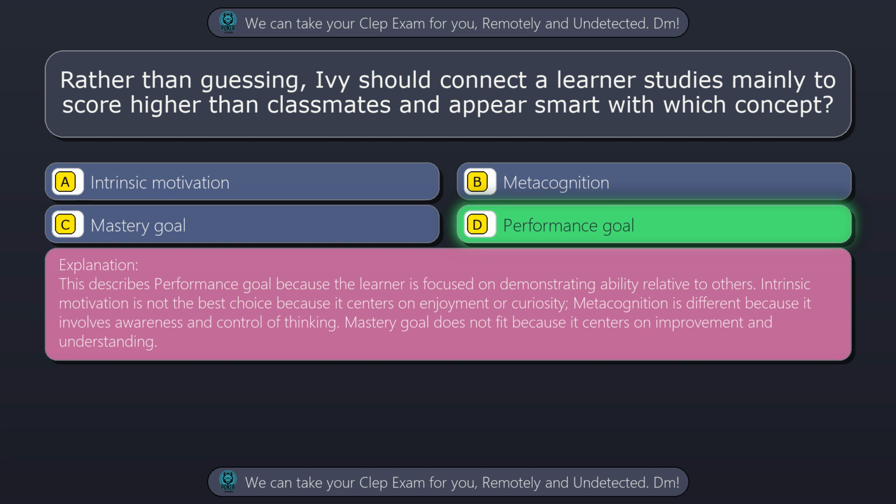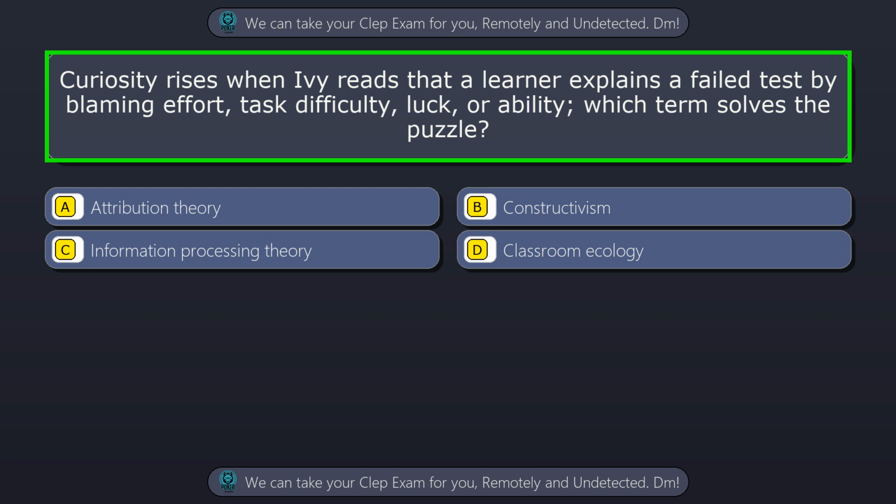Intrinsic motivation is not the best choice because it centers on enjoyment or curiosity. Metacognition is different because it involves awareness and control of thinking. Mastery goal does not fit because it centers on improvement and understanding. Question 30. Curiosity rises when Ivy reads that a learner explains a failed test by blaming effort, task difficulty, luck,